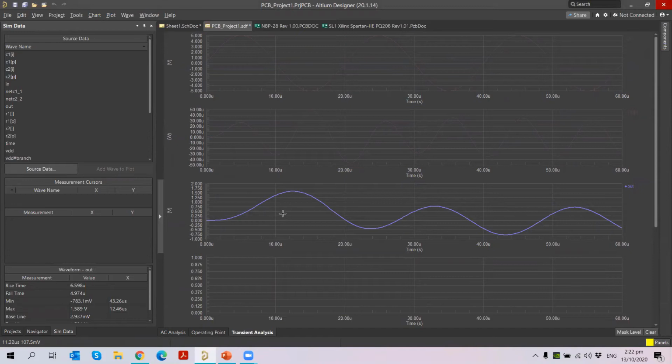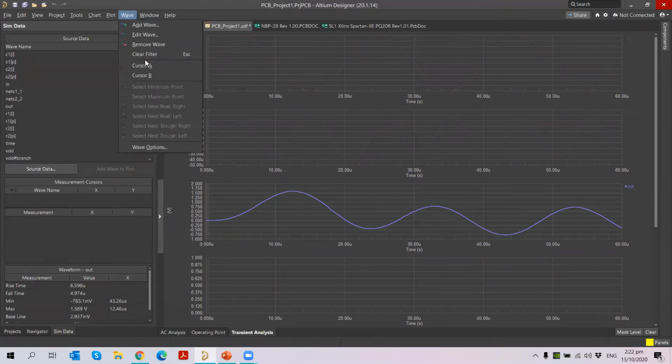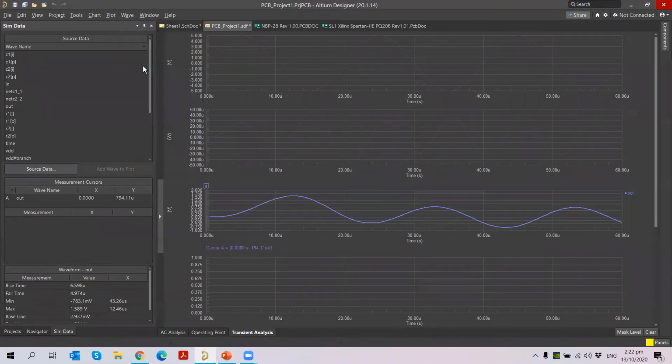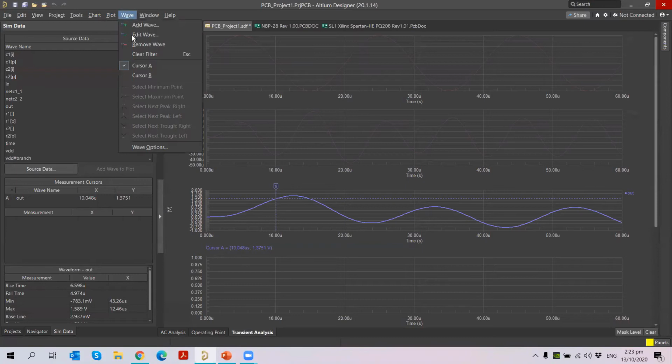Now I want to use cursor A and cursor B, meaning that I want to measure the value at a certain area. You can give the cursor A point and cursor B point, and measure it. So let me do it here, going to the wave menu, you can create a cursor A. Creating your cursor A, you can adjust it with the height. So now you can measure at a certain height here. Once I move here, you will see for cursor A the time and the voltage at that particular point. Then I want to place the cursor B.